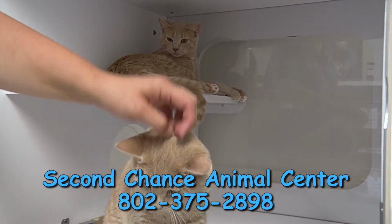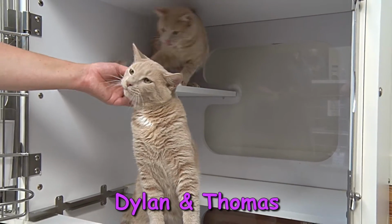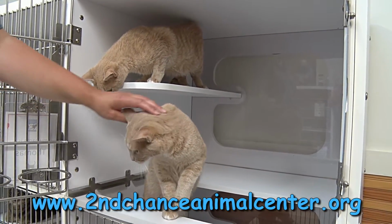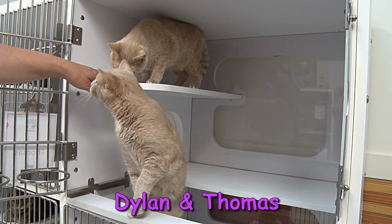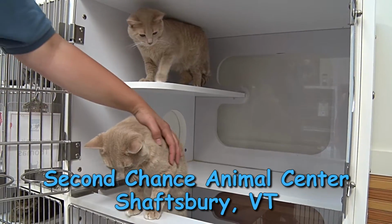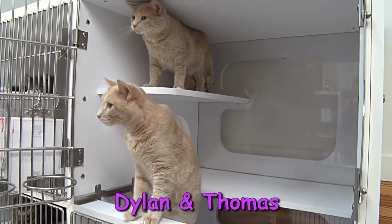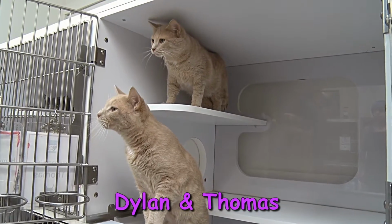They're very mellow, they're indoor only, they're both neutered and vaccinated. And as with most pairs, one is always more outgoing than the other. There's always a leader and a follower. They do handle young children very well, and they can be around kids. They can be with other cats. We're not sure how they are with dogs though. So that is something that we'd have to chat about, and if you don't have any dogs, these may be